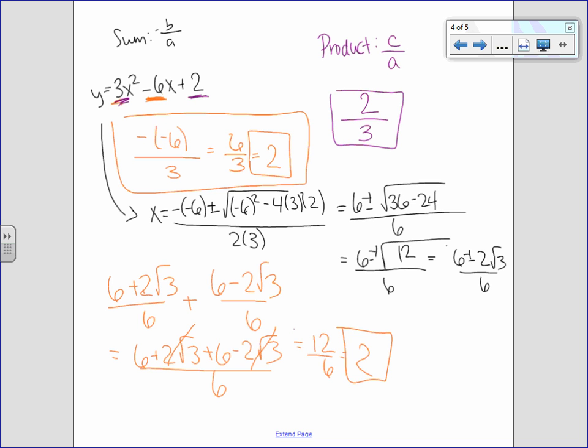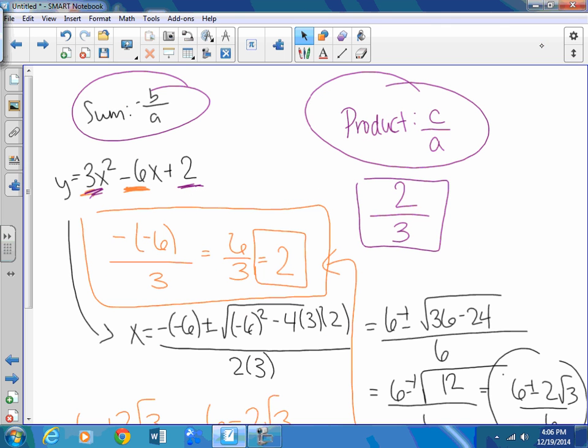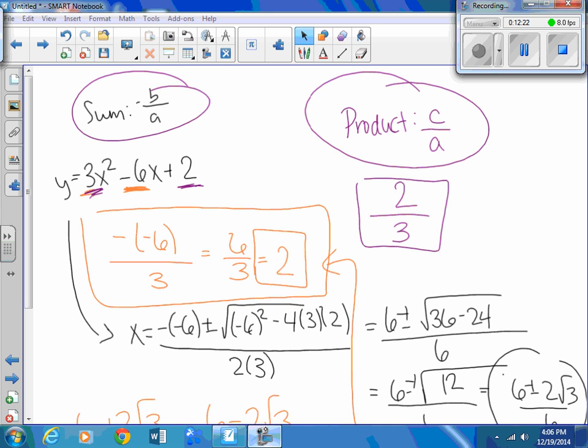So this was a heck of a lot more work, but I did get the same answer. And if you check it by multiplying out these two roots, you will get 2/3. So it does save a lot of time. The biggie is knowing these two formulas right here. I'm not going to ask you to prove them, but you do need to know them. And that is it for your